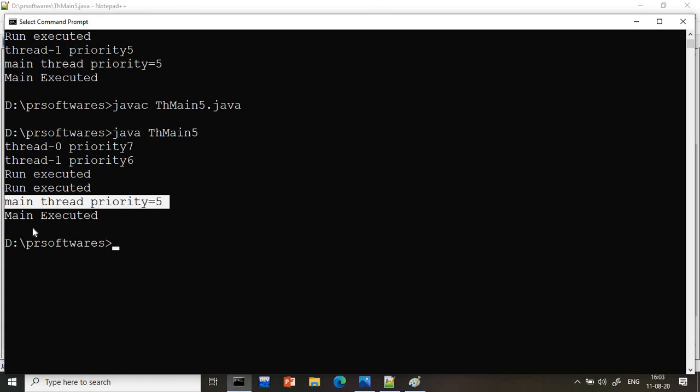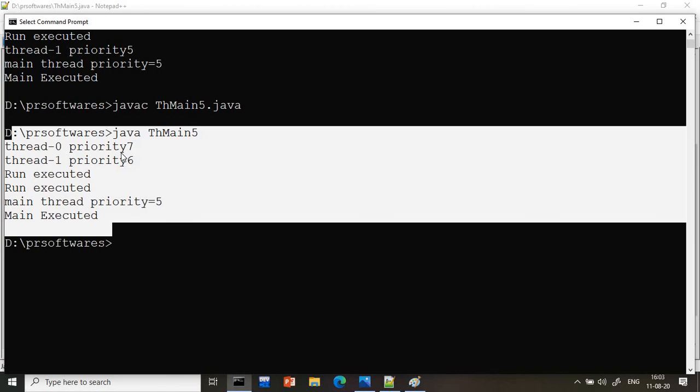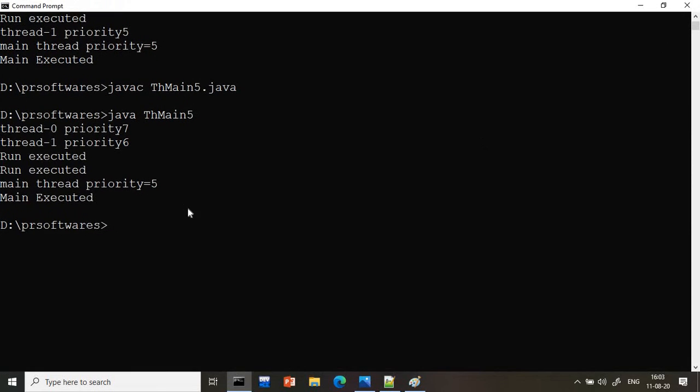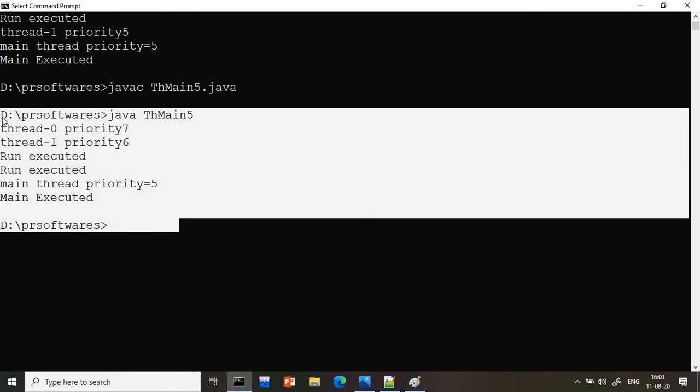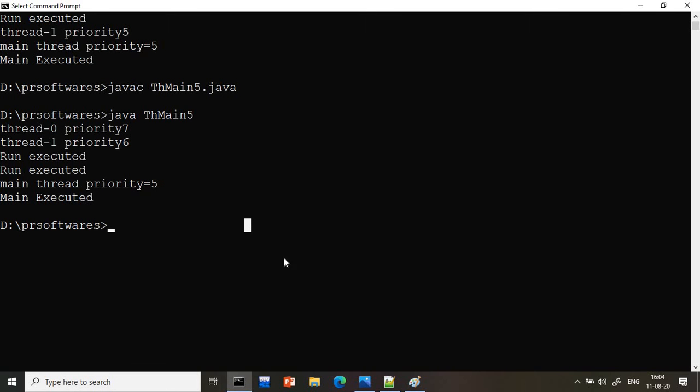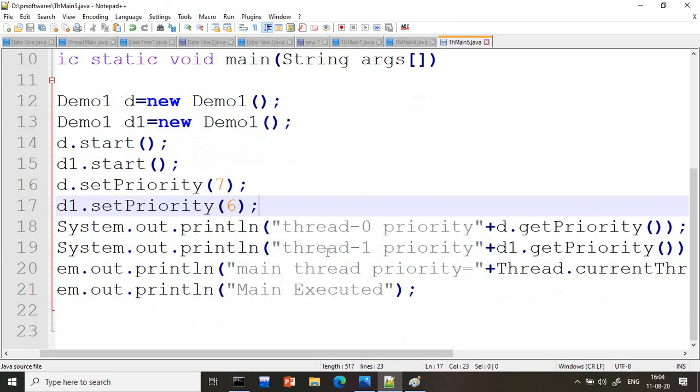And guys, one more thing here, when you are practicing, you might not get the proper output. The reason behind that is, by default the thread scheduler will not be there in your system. If you want, either you can contact the Microsoft people and get that file, or if you are working in a company, definitely you will have that file. So don't think that if you give 7 it will execute first. In my system it might be working fine, but it is not necessary that every time it will work fine, because the thread scheduler is not there in my system. So all depends on the priority of your thread. If it is there, definitely it will work. So like this we can set and get the priority of this thread.